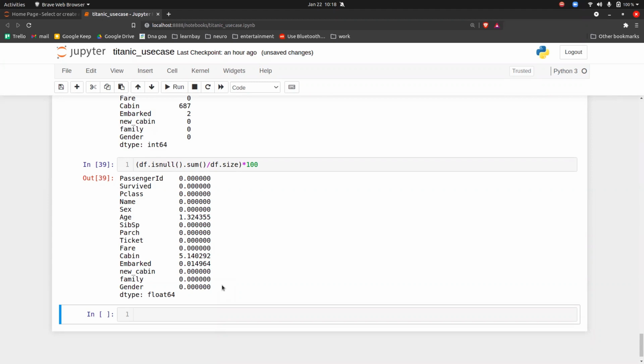So this is how you can use the knowledge. In age you have 1% missing data, in cabin you have 5% missing data, and in embarked you have 0.01 missing data.